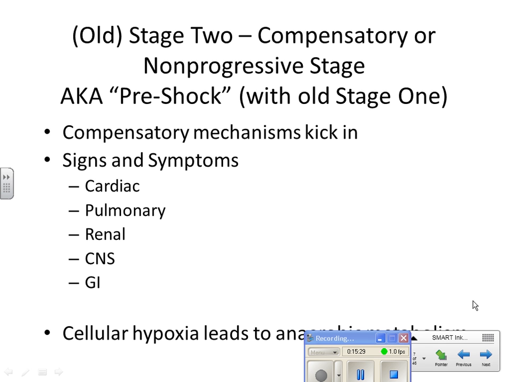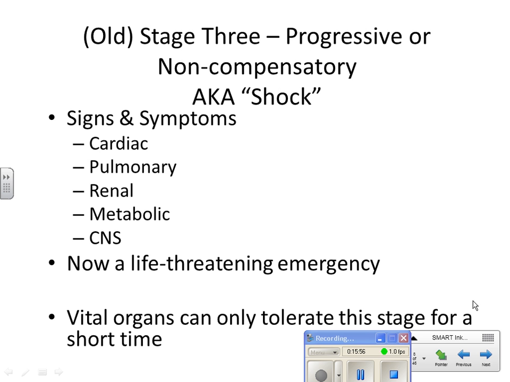So that's shock stage 1, just some tachycardia. Stage 2, we're going to have all of these, more tachycardia, lower blood pressure, the decrease in renal function because of the compensatory mechanism, a little bit of confusion and anxiety, and slower GI. Now, if the body does not return to homeostasis, they're going to deteriorate down into the 3rd stage, which will be referred to as progressive or non-compensatory. This means that the compensatory mechanisms have kind of pooped out, they're not effective anymore, and the patient is having significant deterioration of their status.